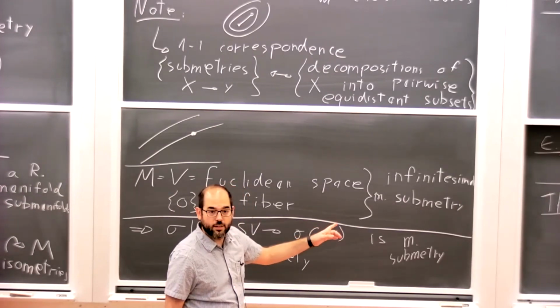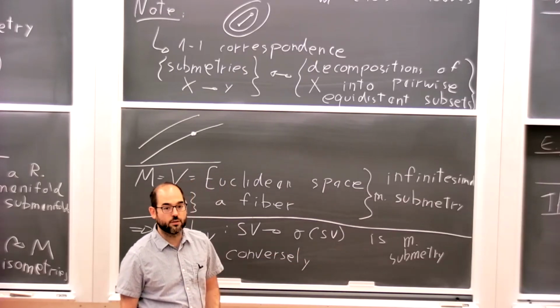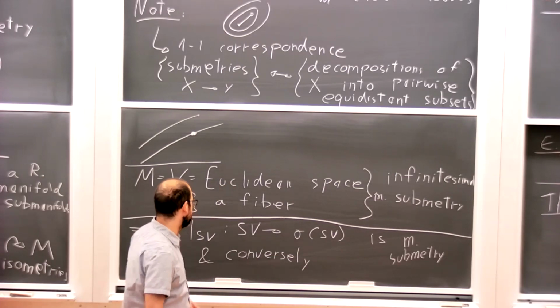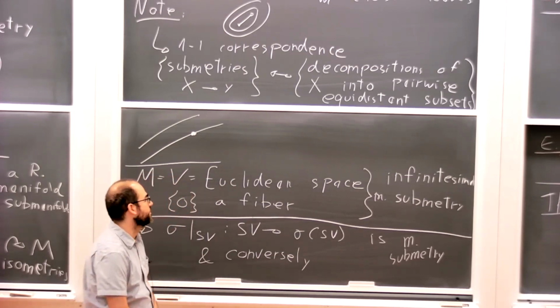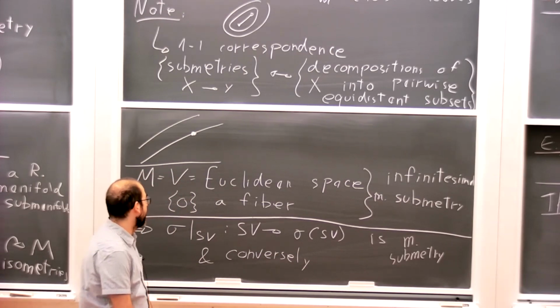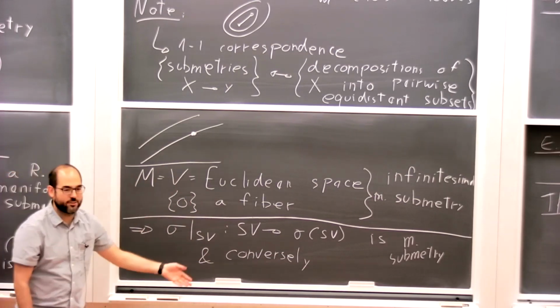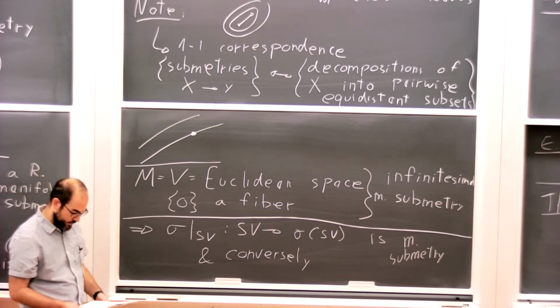Do I have to assume that the fibers are C infinity? I think C2 is enough. Yes, C2, but you want to rule out this. Absolutely. Here I just wrote smooth, but yes, you need C2. You're right, you don't need C infinity. C2 is enough. But then you get algebraic, right? These are algebraic varieties, the fibers.